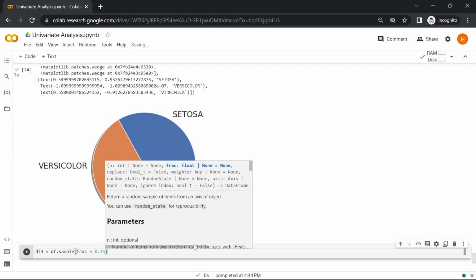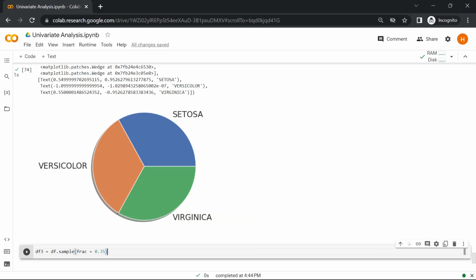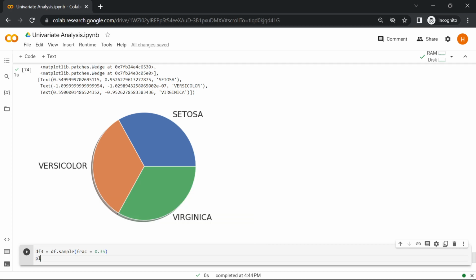The frac parameter of the sample function indicates the fraction of items to return. Then plt.pie, df variety dot value counts,